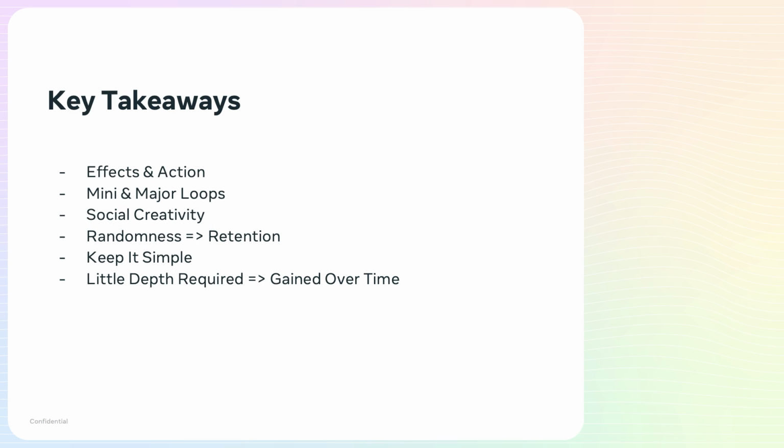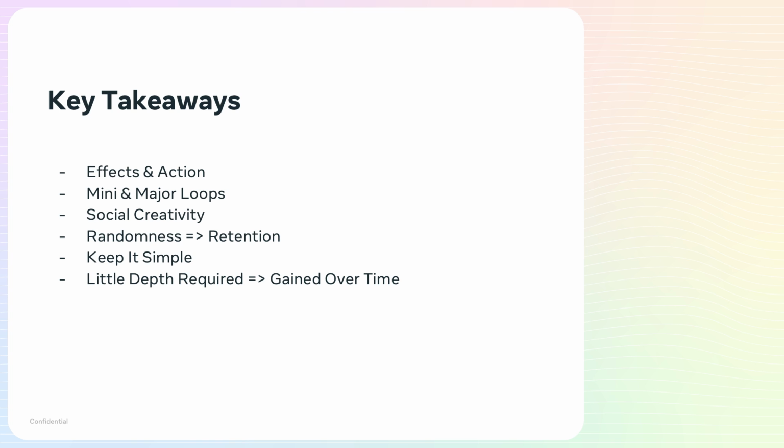Next up, we've got takeaways. Remember, this is just a quick recap of the whole talk. Effects and action. This is important. Users need to create action in the world. They want to feel effects: visual effects, sound effects, haptic feedback. They want you to give them something, make them feel something, right? Some sort of way. When they do something, it causes something to happen. You need mini and major loops. So things that are really small that are satisfying, but major loops that are also satisfying and engaging, so to speak.